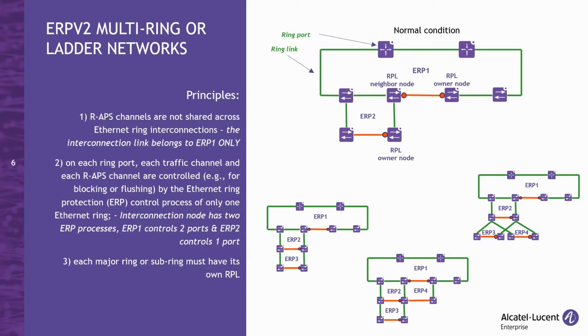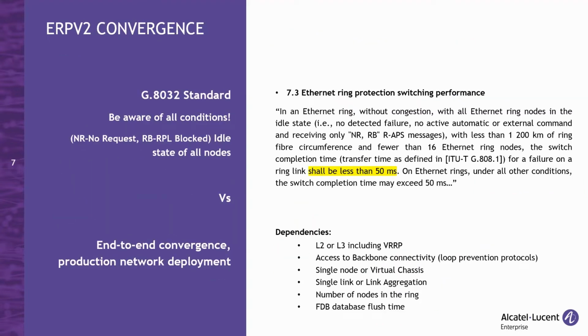Also, every ring must have its own RPL. So this is RPL for ERP1 and this is RPL for ERP2. We will discuss in details ERP functionality over multi-rings later on in this session. As defined in the standard itself, ERP is capable of converging in less than 50 milliseconds, but this cannot be